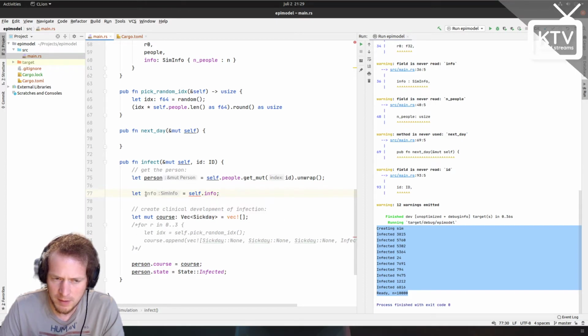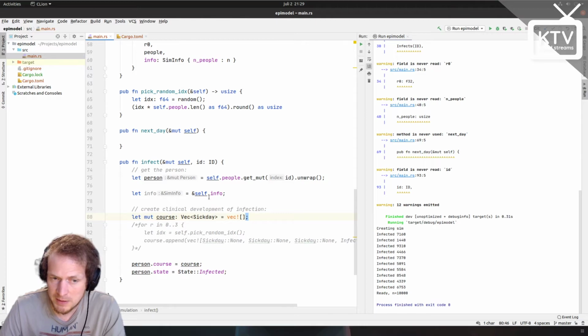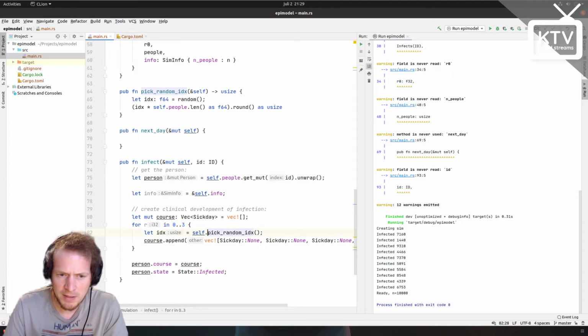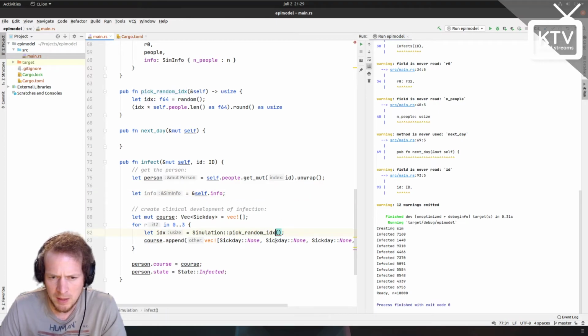Cannot move, yeah. That makes sense. So I guess we can't borrow it either, can we? Yeah, so we can borrow it. We're borrowing it from ourselves. So let's now say that pick random is a simulation pick random, and it takes